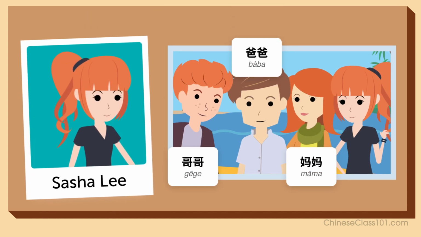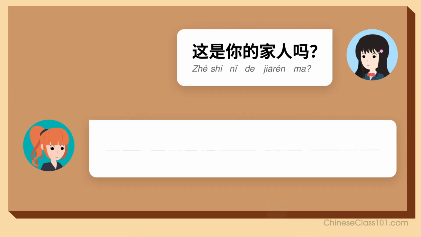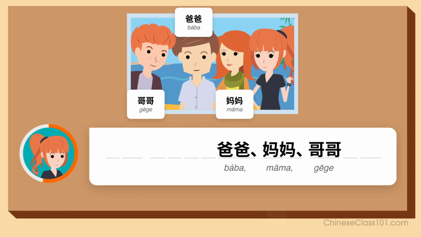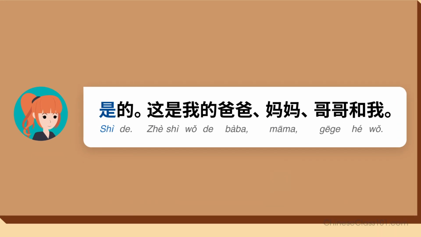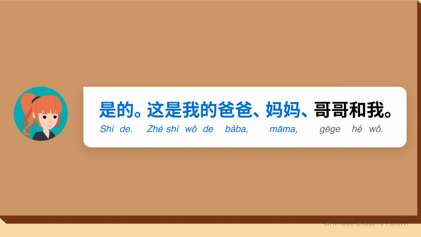Let's practice. Imagine you're Sasha, Ben's younger sister. Respond to your friend's question referring to the photo. Don't forget to include, "Yes, it is," at the beginning of your response. Ready? 这是你的家人吗？是的，这是我的爸爸妈妈、哥哥和我。Listen again and repeat. 是的，这是我的爸爸妈妈、哥哥和我。